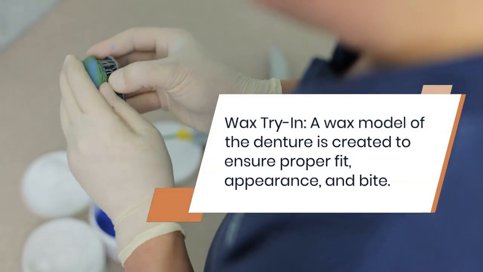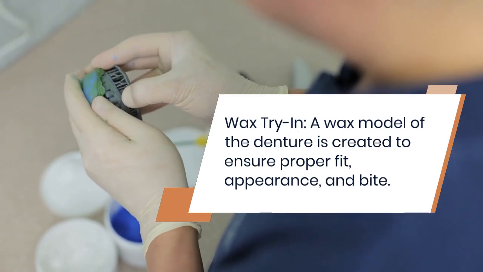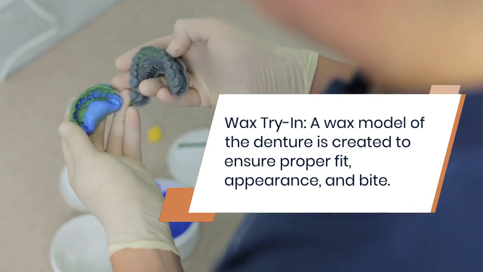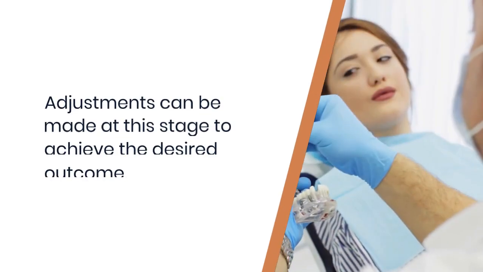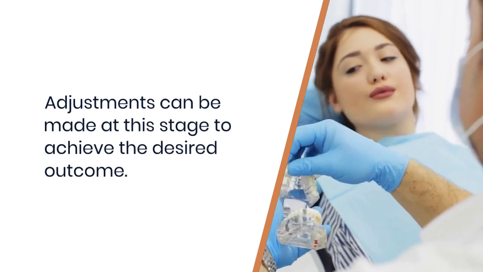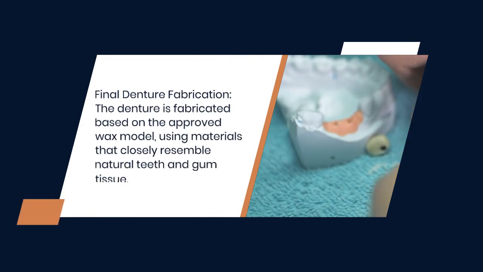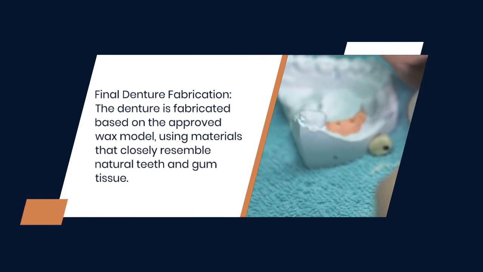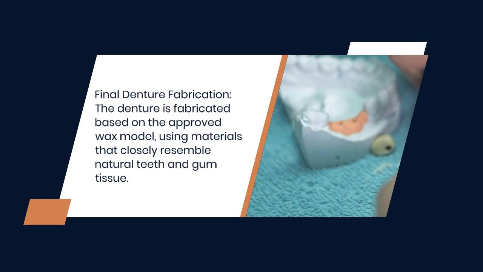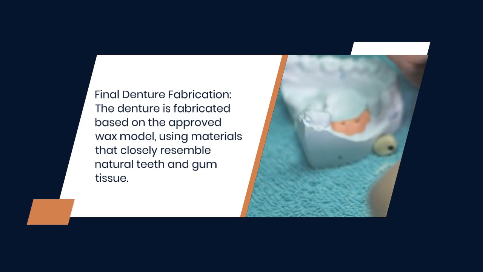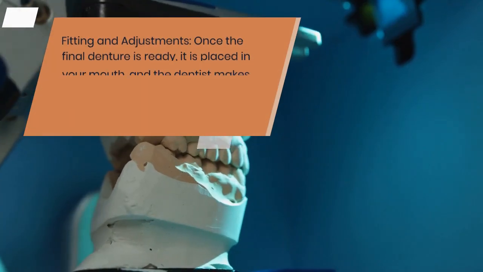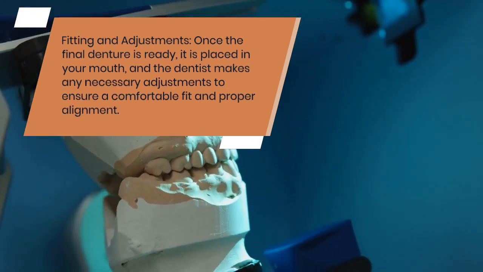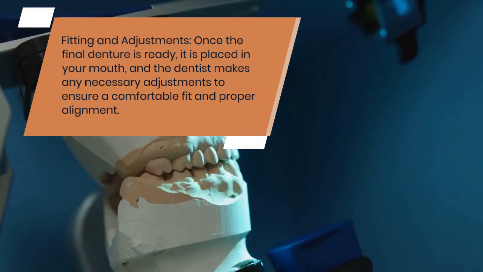Wax try-in: a wax model of the denture is created to ensure proper fit, appearance, and bite. Adjustments can be made at this stage to achieve the desired outcome. Final denture fabrication: the denture is fabricated based on the approved wax model, using materials that closely resemble natural teeth and gum tissue. Fitting and adjustments: once the final denture is ready, it is placed in your mouth, and the